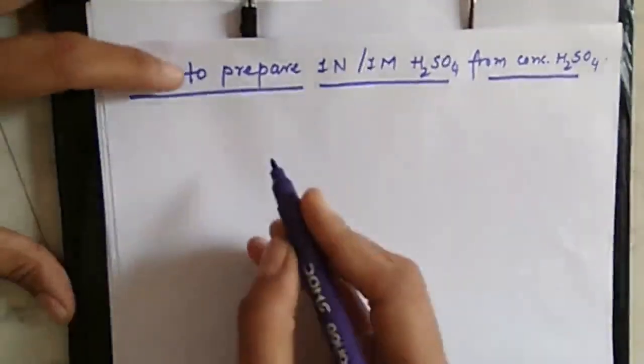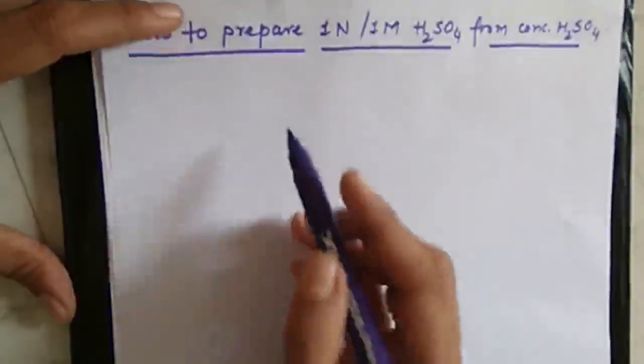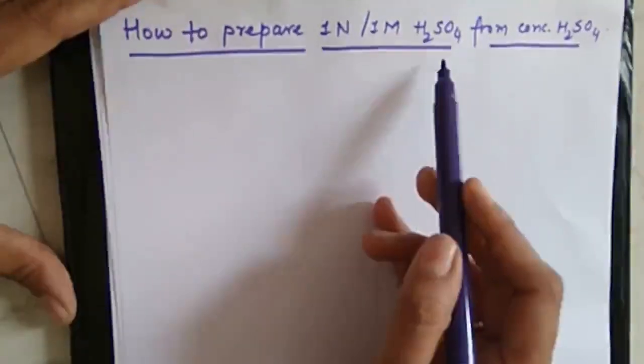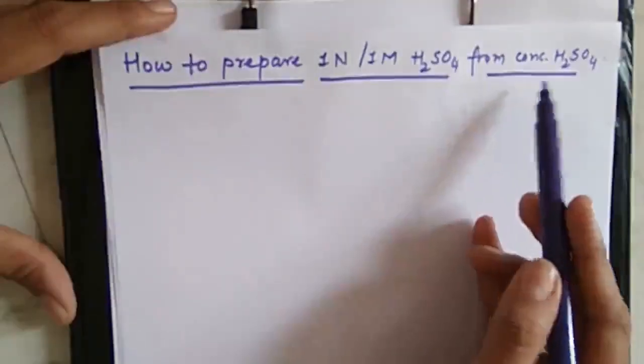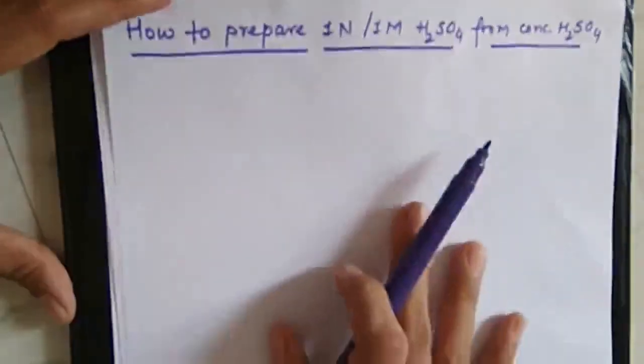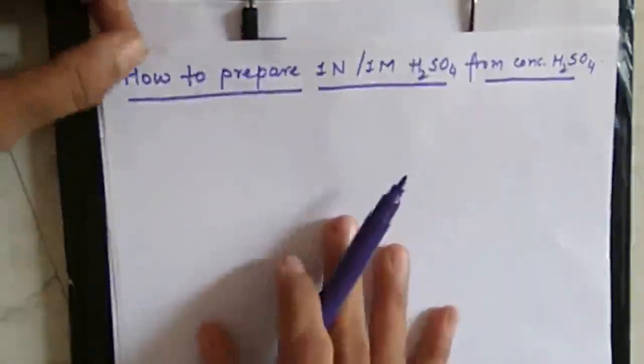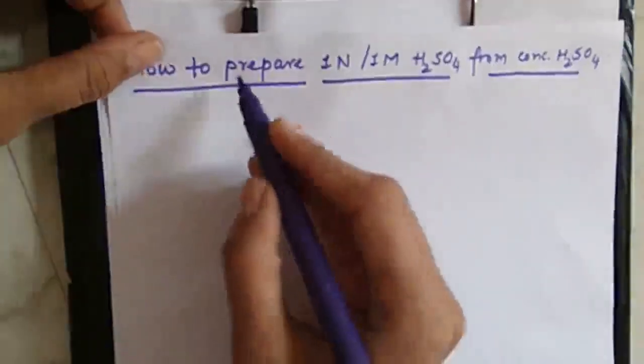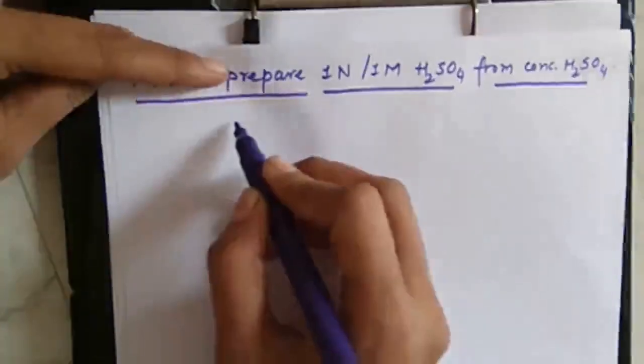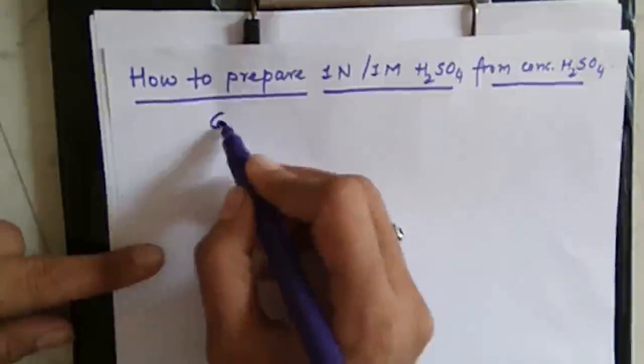Hello everyone. Now let us see the preparation of 1 normal or 1 molar sulfuric acid from the concentrated sulfuric acid that is given. So we will take here the easiest method to prepare 1 normal sulfuric acid, that is, we will determine the factor. So the information that we have